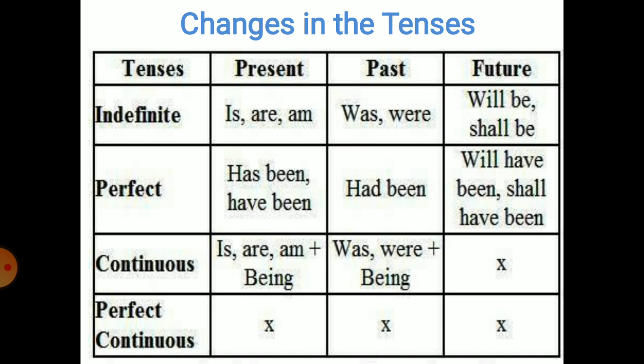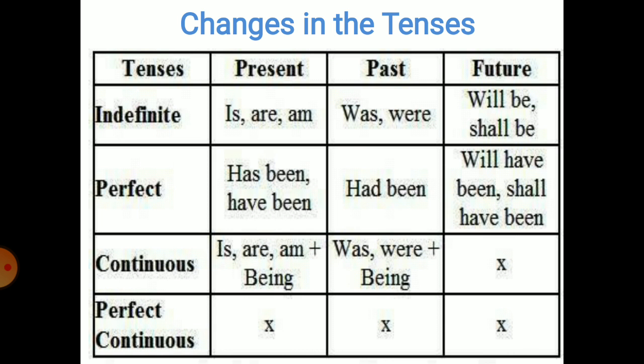In simple past, you will make use of was or were. In simple future, you will use will be or shall be. Then in perfect tenses, in present perfect, you will use has been or have been with the third form of the verb. In past, you will use had been, and in future perfect, you will use will have been or shall have been. In continuous form, in present continuous, you will use is, am or are with being,